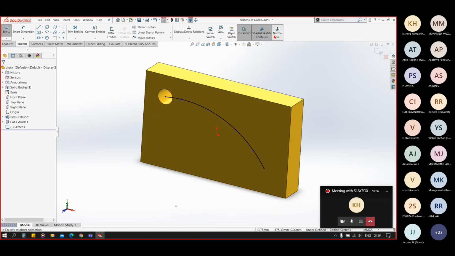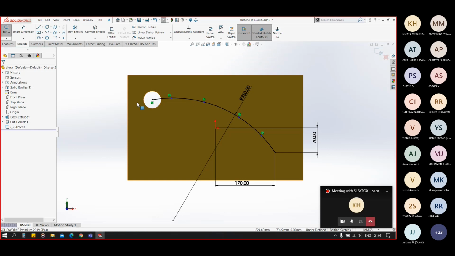Okay. So in the sketch pattern case, we will need a sketch in our part file. What I have created here is this one hole and a small curve here to explain the example. You can have any type of sketch and you have to plot the points on the curve, so the number of instances will be equal to the points you plot, and the distance will be the distance between the points you plot.